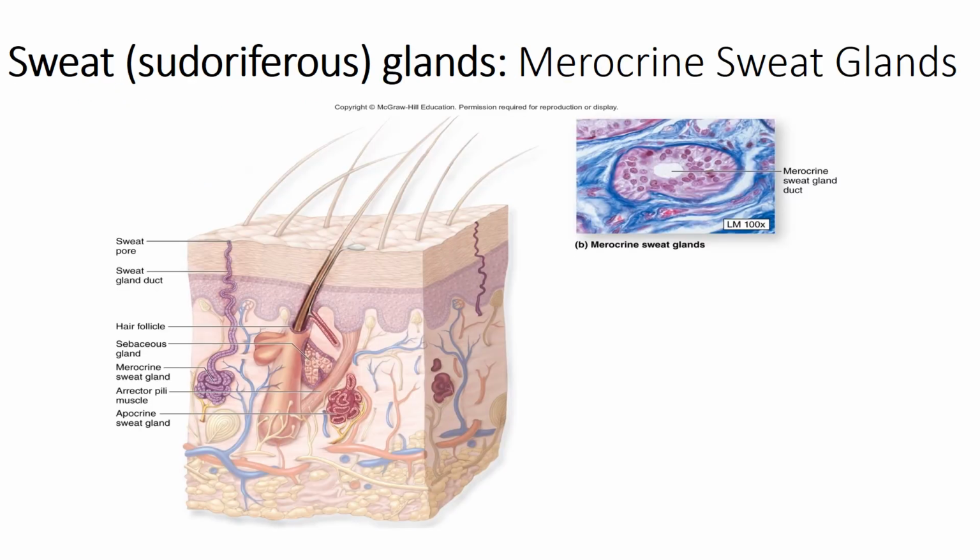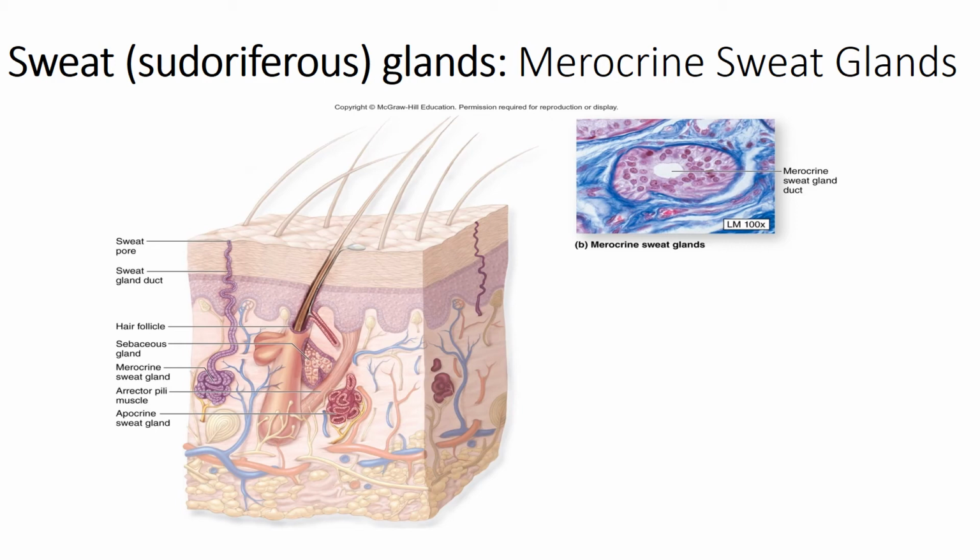Now, also within the integumentary system, we have a couple of glands that we find. So we have two main types: sweat glands and oil glands. Let's start with sweat glands, also known as sudoriferous glands, and they produce a watery solution that we know as sweat. These are made of simple coiled tubular glands that release secretions that go to the pore on the skin